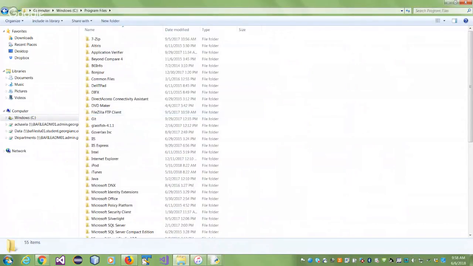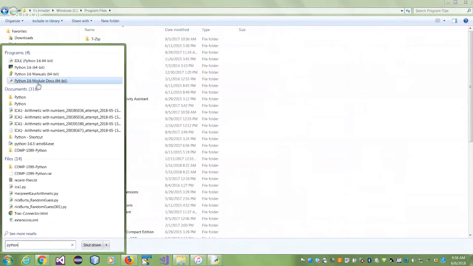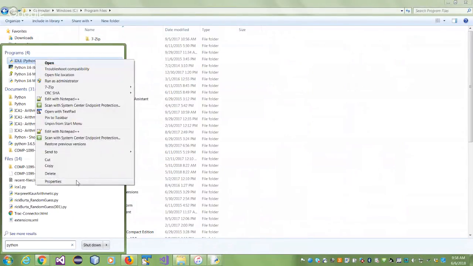I can always do a search for Python. And from here, there are docs. Oh, the docs have also been downloaded. I didn't know that. If I right click and say properties or open file location,